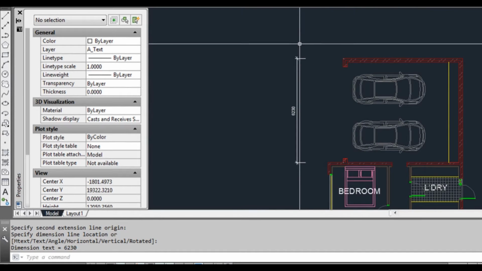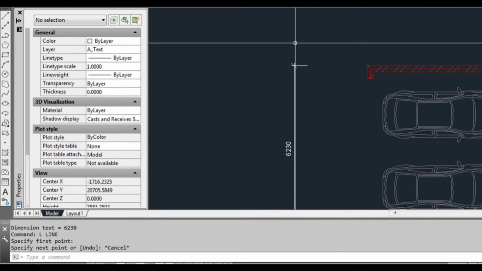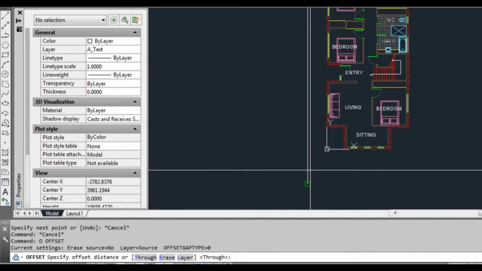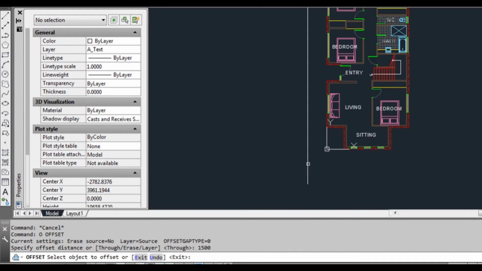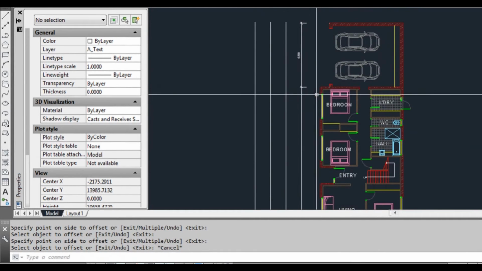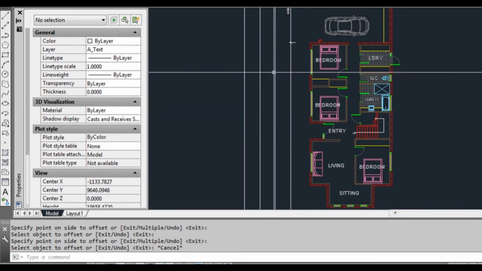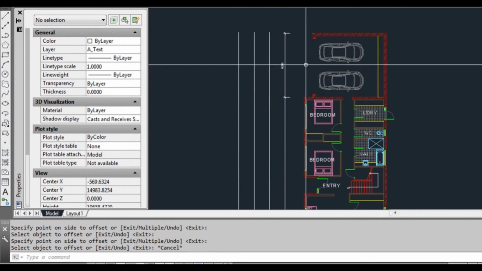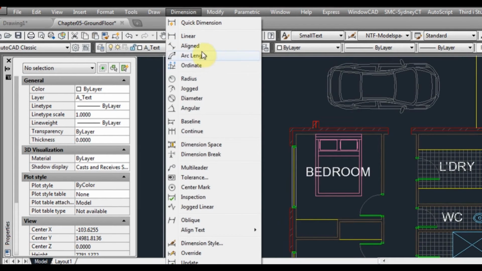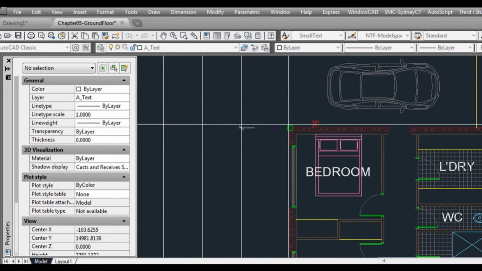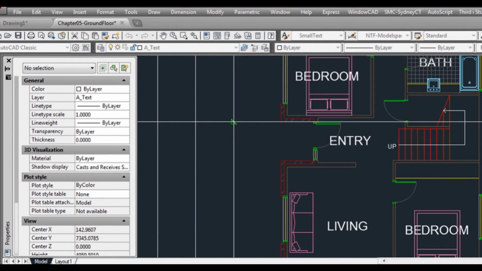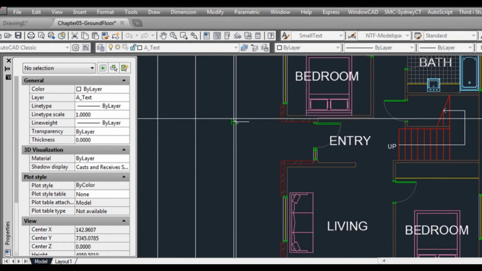Something you can do is set up some lines. I'm going to draw a line down here, and then offset that line perhaps 1500. What that means is when I'm dragging out my dimensions, I can have them always perfectly spaced apart. This first dimension line is just that width of wall. So I'm going to go back to my linear dimension, click here down to this opening, and you see now I can snap onto this line that I've drawn,